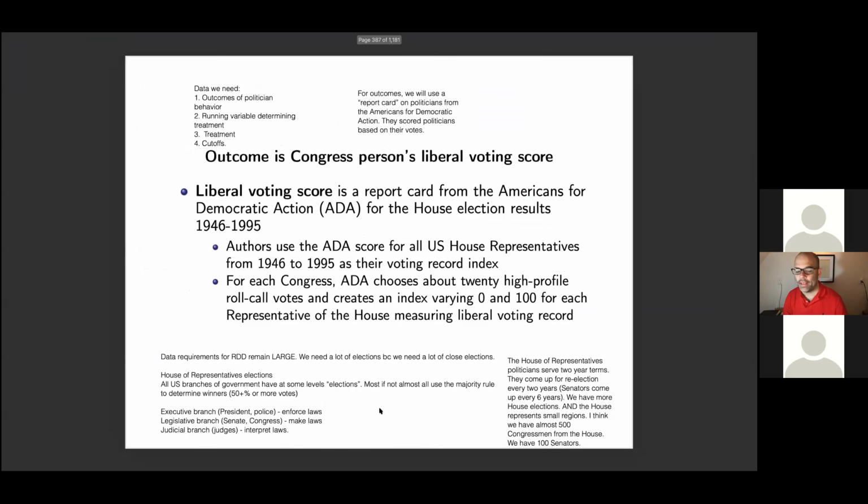So that means, and we can't use the judicial. Interestingly, you could do any study using the close RDD so long as you had enough elections. So you want to choose politicians who serve shorter terms, more elections, or